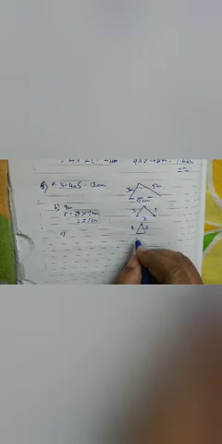B is what? Perimeter of an equilateral triangle of 9 cm. So what is the perimeter? Perimeter is equal to 3 into 9 cm because equilateral triangle, all the sides are same. So that is 27 cm. C is perimeter of an isosceles triangle with equal sides. So with equal sides at 8 centimeter and the third side is 6 centimeter. So what is the perimeter? 8 plus 8 plus 6, that is 22 centimeter.